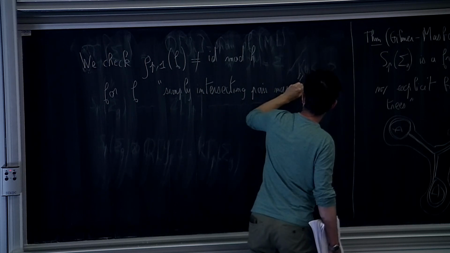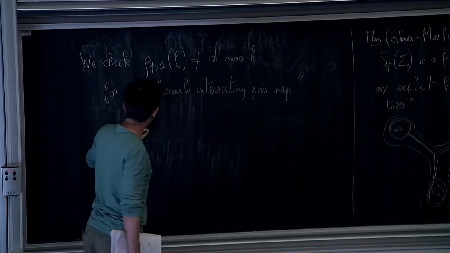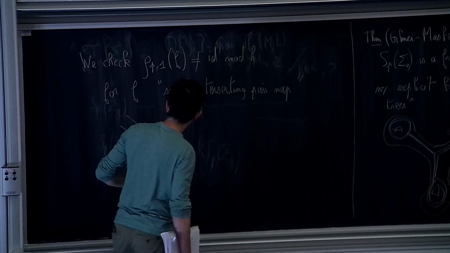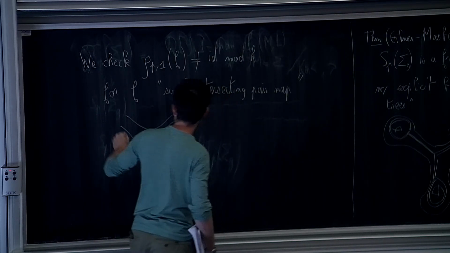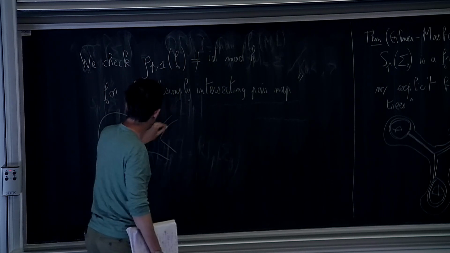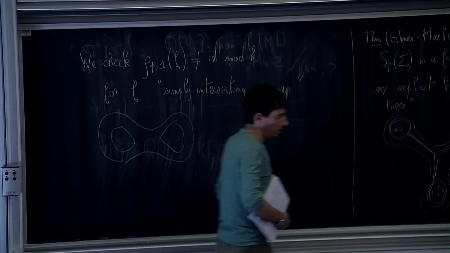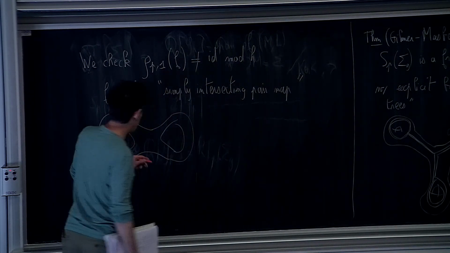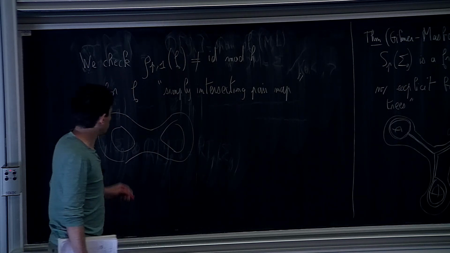So what is this thing? I take a portion of my surface. Well, here it has just genus 2, but you can imagine that it has higher genus. And I take two non-separating simple closed curves,